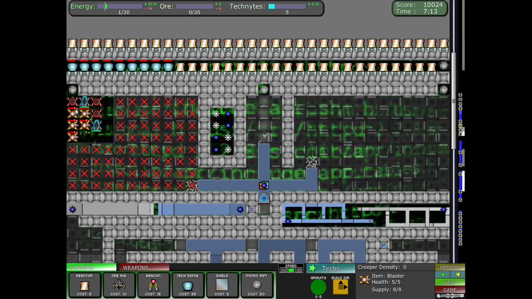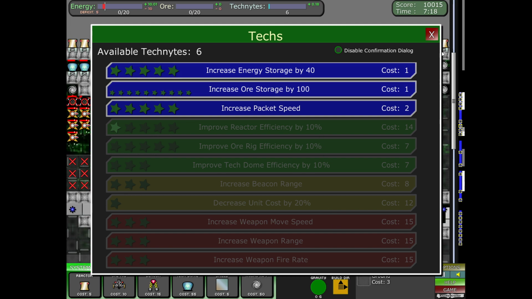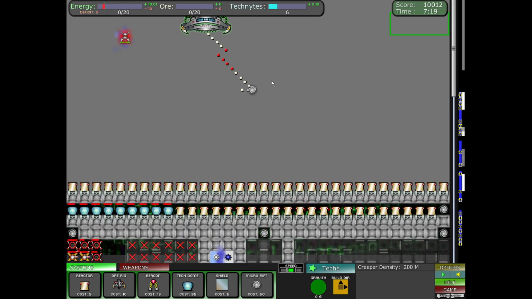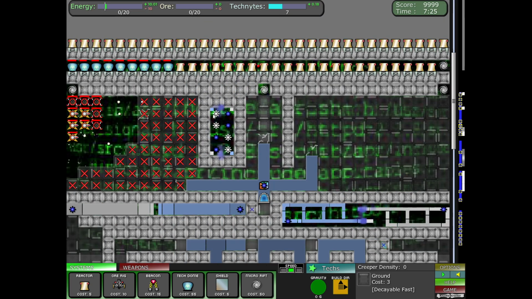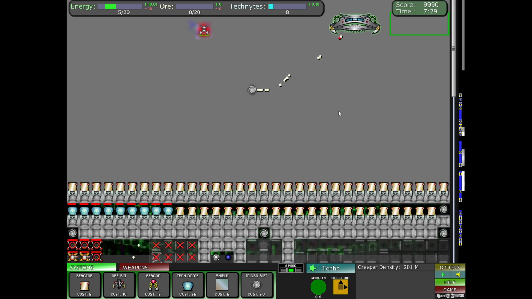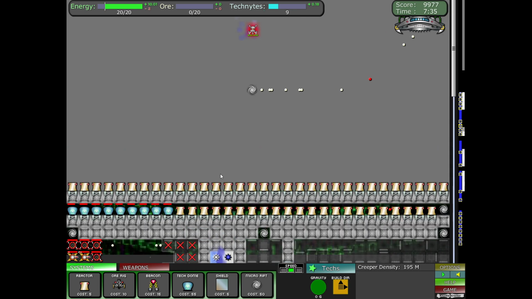So we have 5 of each in place as the launchers are just going up, chewing through all of this. We did boost reactor efficiency once to help out with the energy situation. And now I'm just sort of waiting for all this to go through. My next item on the agenda for the Tech Knights is definitely going to be beginning to boost the fire rate. And I want to stay in this corner initially, because we're going to get hit